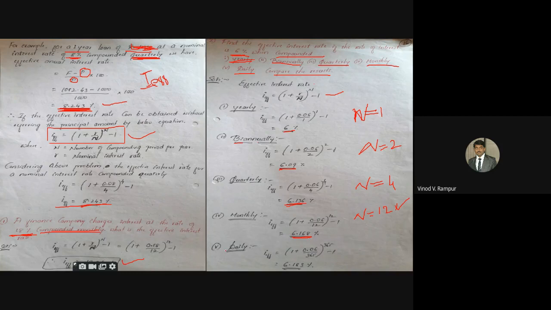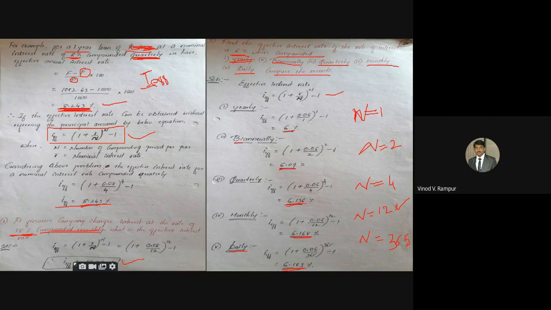Then compounded daily. How many days in a year? In a non-leap year, that is 365. n is equal to 365. 1 plus 0.06 divided by 365, raised to 365, minus 1. Then we are going to get the effective interest rate of